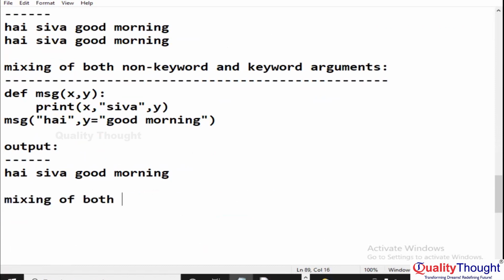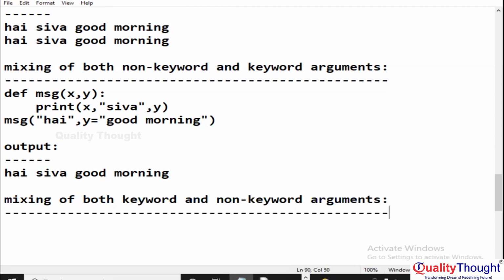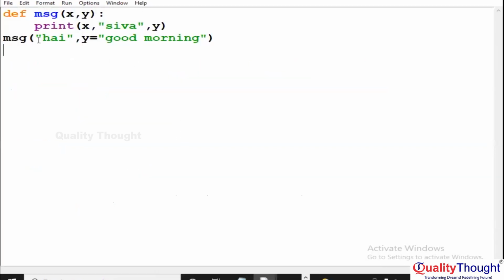Mixing of both the keyword and the non-keyword arguments. Now, this is a keyword argument and this is a non-keyword argument. In this example, hi is a keyword and good morning is a non-keyword. Completed. Now observing very clearly,